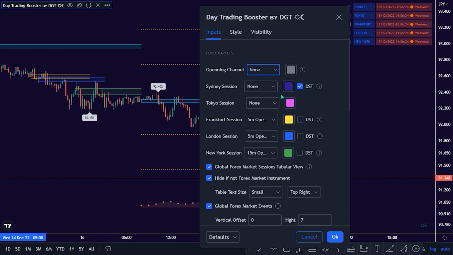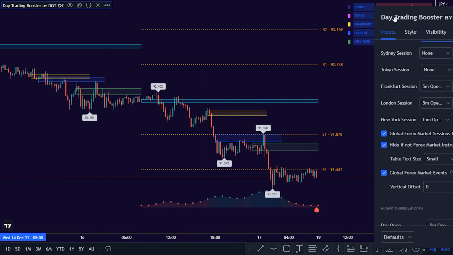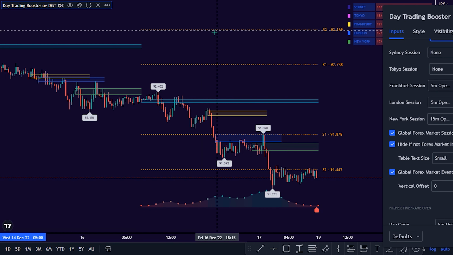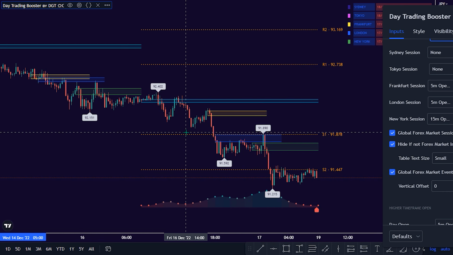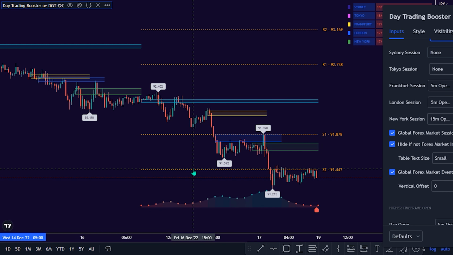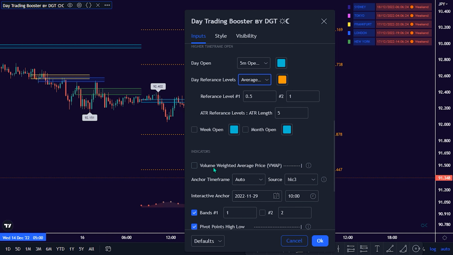For all types of markets, Day Trading Booster plots day, session, open, 5 minutes, 15 minutes, or 1 hour opening range. The orange dotted horizontal lines marked the opening and closing of each daily trading reference level. Day, session reference levels, based on average true range, ATR, or previous day session range, PH-PL, also for week and month open. Day Trading Booster also includes some of the day traders' preferred indicators, such as